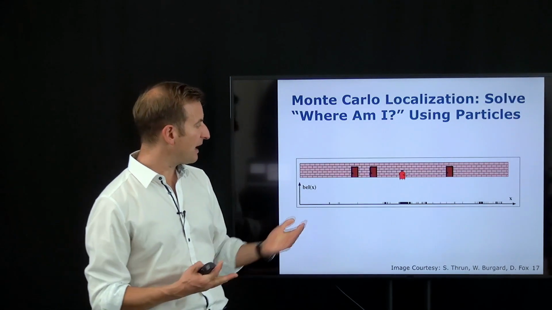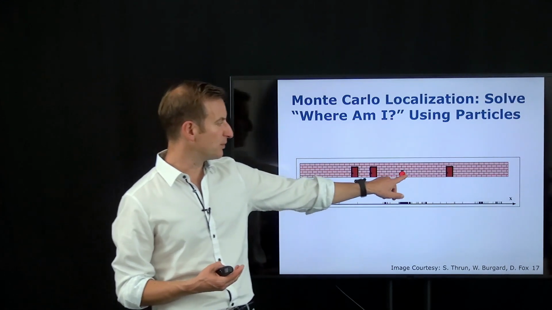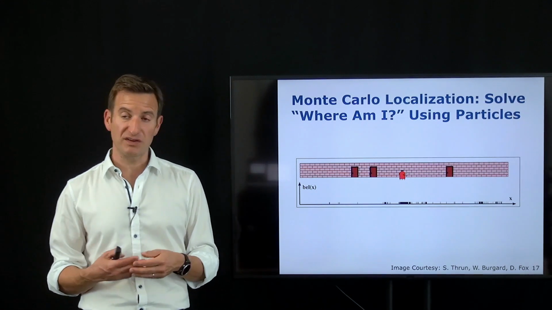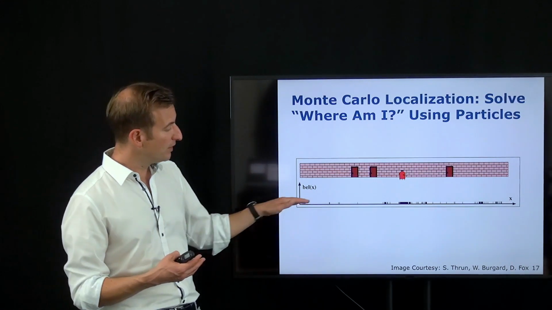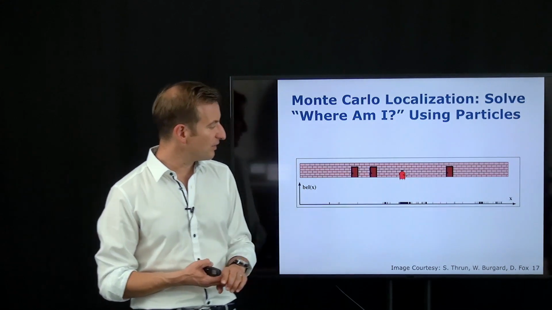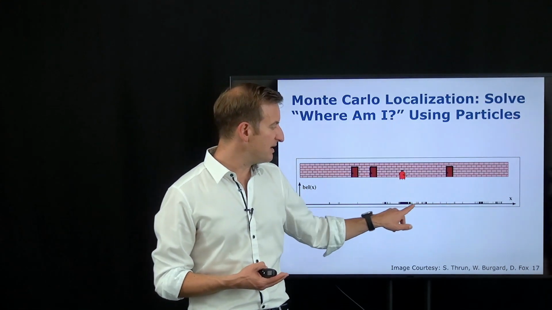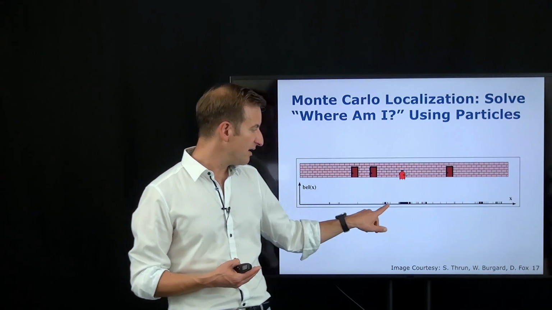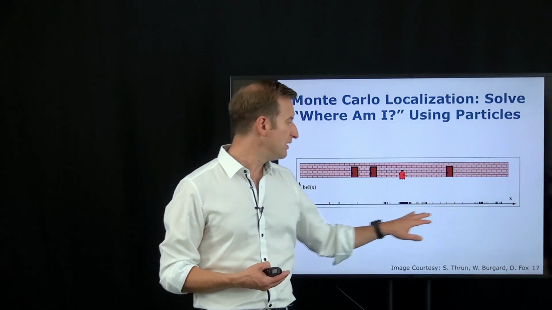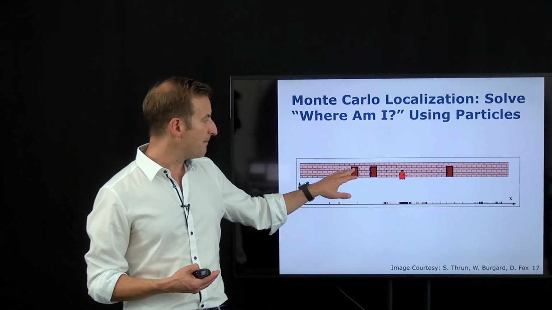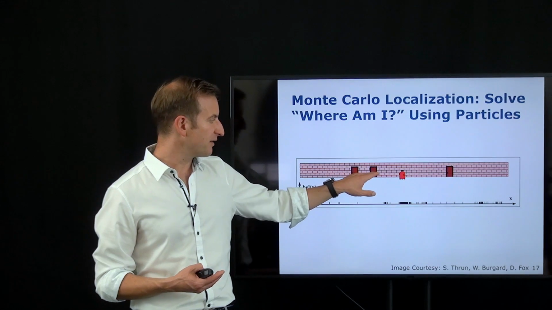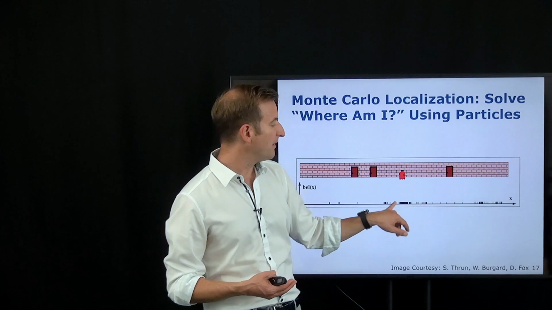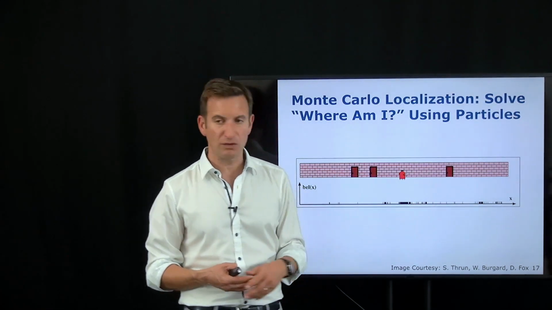So in our 1D examples, you have seen this plot a few times. If we have a robot which sits over here and it has this sensor which can only detect doors and tells the robot you're in front of a door, the robot drives around. Then you will end up with a belief, hopefully, that concentrates a large number of samples over here where the system actually is. There are some remaining samples over here, which could be explained by having a door observation over here, and then the second door observation was a false observation. So some of the samples survived here, but the majority of probability mass actually sits over here.